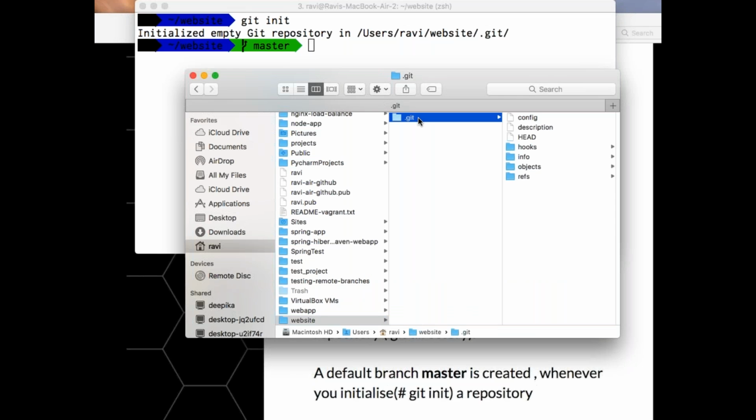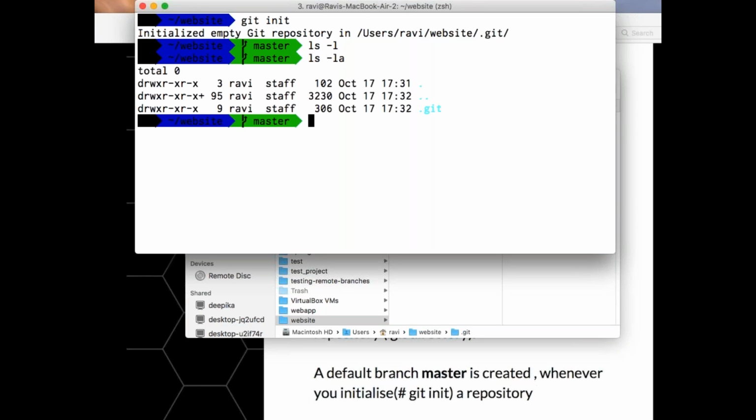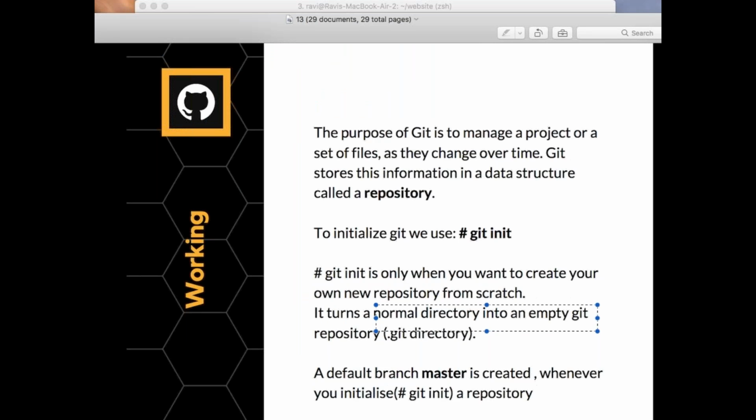Can you see there is something called .git? If I say ls -l, it will not be visible, but if I say ls -la, now you have the .git directory. This .git directory is where all the metadata of your project is going to be stored. Your versioning, everything is going to be present under this .git directory. Now if you see ls, do I have any specific file here? No, as of now I have no particular file. Now let's see how we can start tracking our projects.